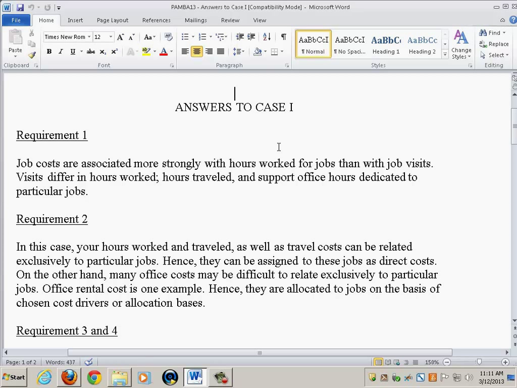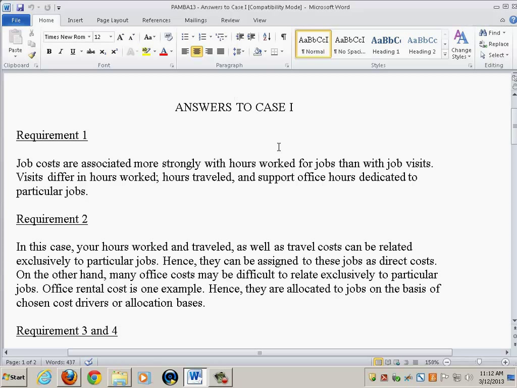So, requirement number 1 had to do with the choice of cost drivers. Specifically, you were asked, why use hours worked and hours traveled rather than the number of visits as the cost driver to allocate your costs to the different jobs? And why is it more appropriate? And the answer is that